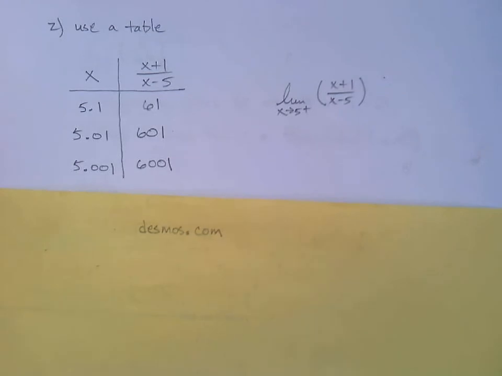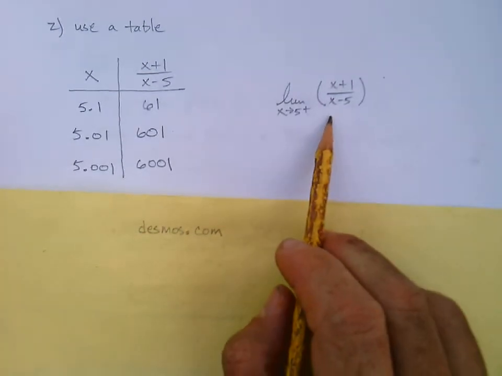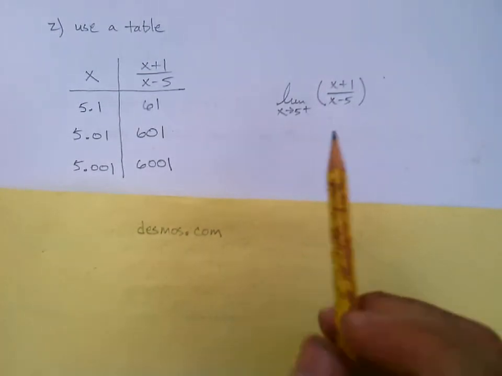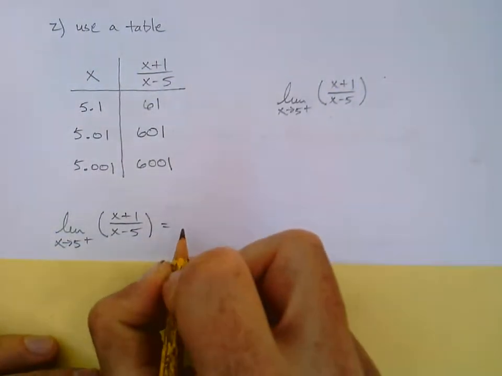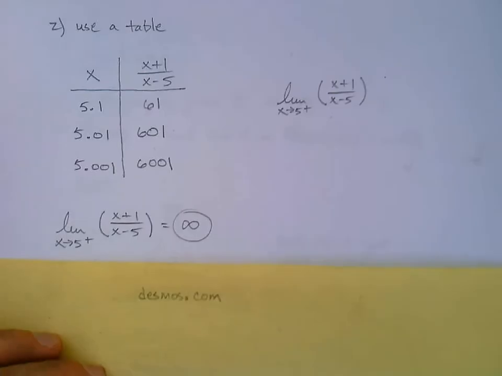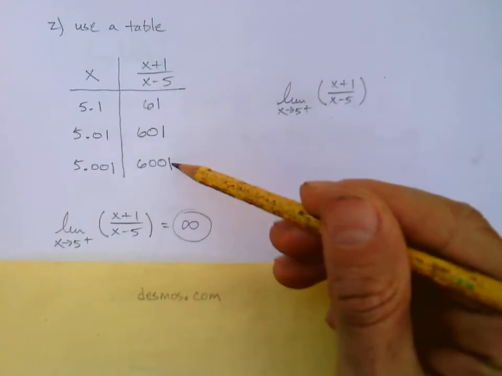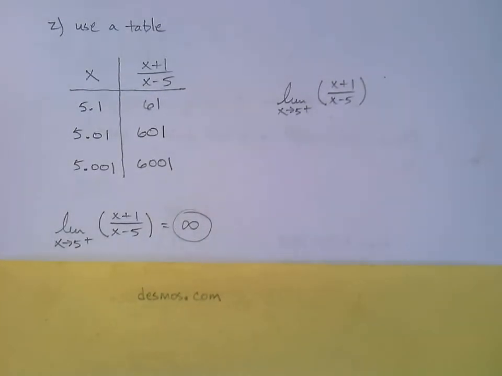Now there's only two possibilities for the answer to this limit. Does it go to infinity or does it go to negative infinity, positive or negative? And from this list, it seems pretty clear that it's going to positive infinity, so I'll just write infinity there for positive infinity, since all of our numbers there are positive, and they're getting bigger and bigger. And that's a very valid approach for a case where you've got a vertical asymptote.